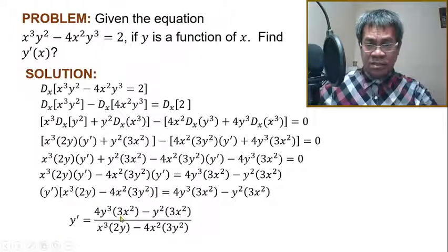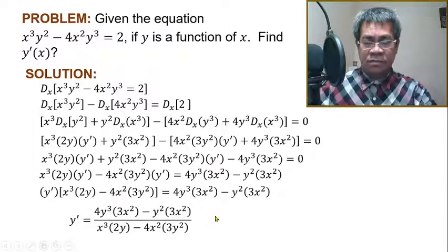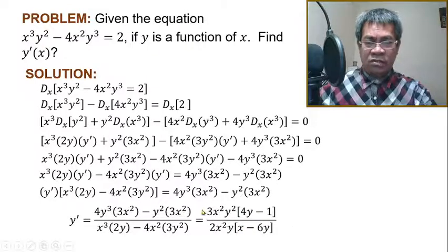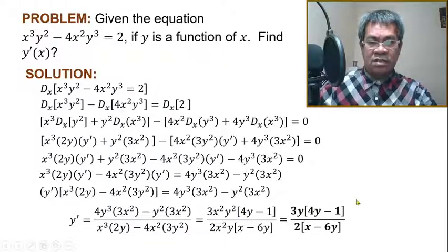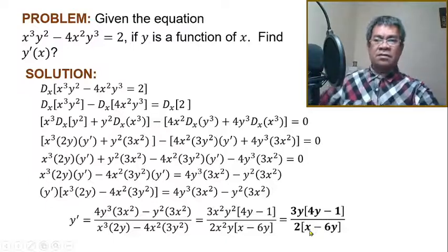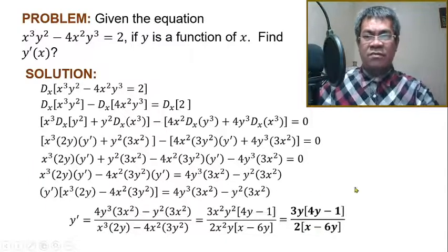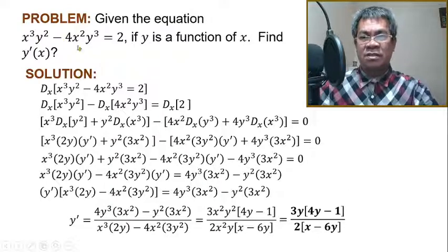Then you can simplify this by removing the common factor of both numerator and denominator. The numerator has a common factor of 3x squared and y squared. Then we have 4y remaining on 1. The denominator has a common factor of 3x squared y. Then we have x minus. This is actually purely simplification. We can remove x squared and y here. So we have only 3y over 2, and this is the result.